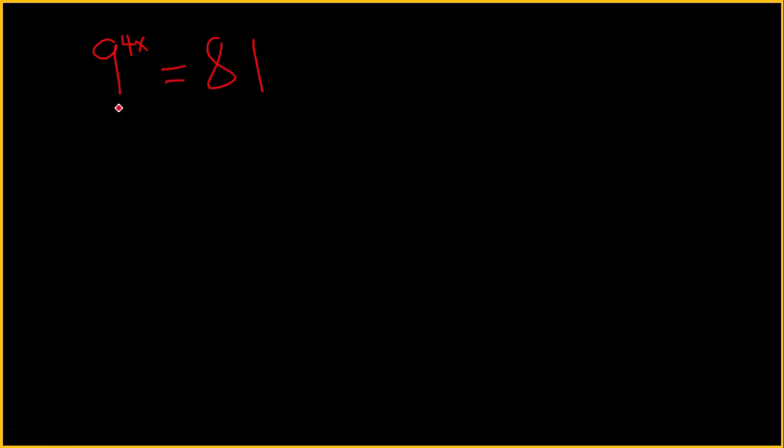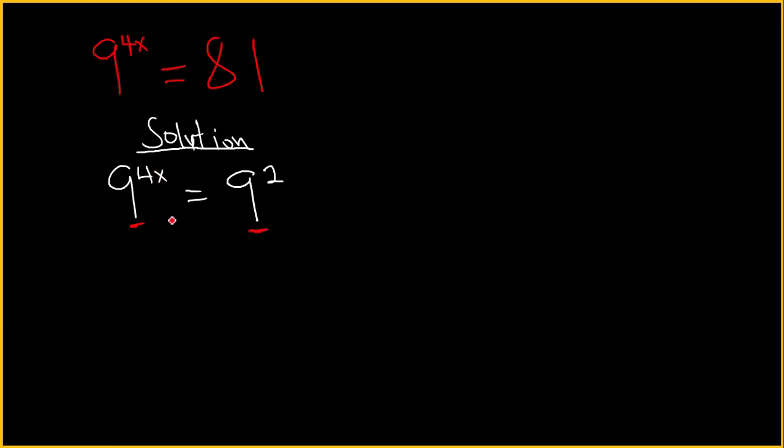So we are changing 81 to suit this base, and what number to a power gives us 81? 9 raised to the power 2 also gives 81, and from the condition that if the bases are the same, the exponents are equated, we have 4x